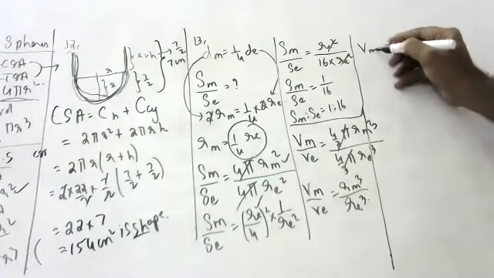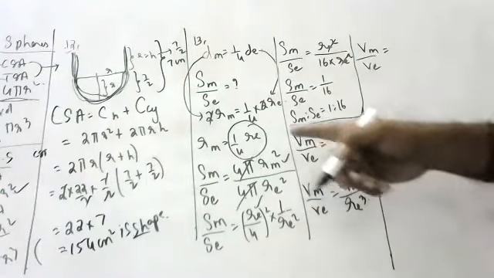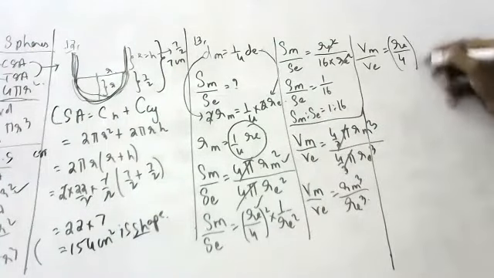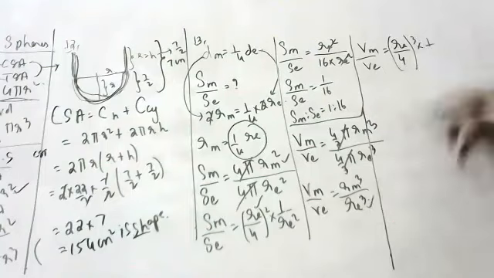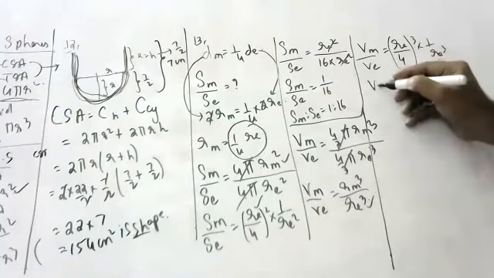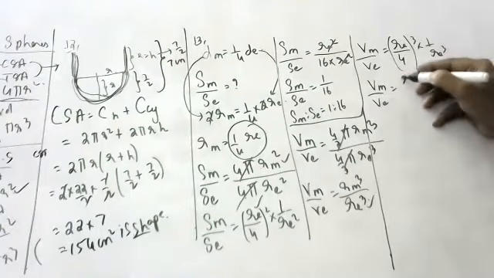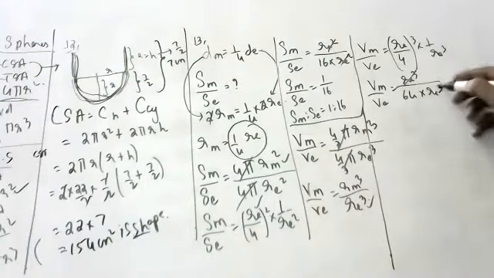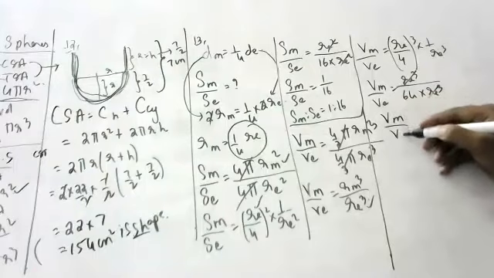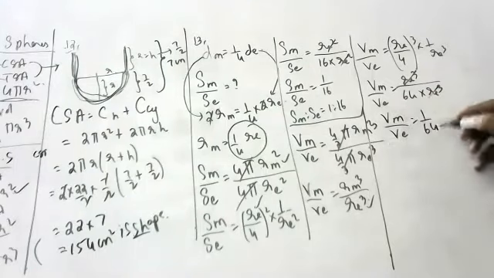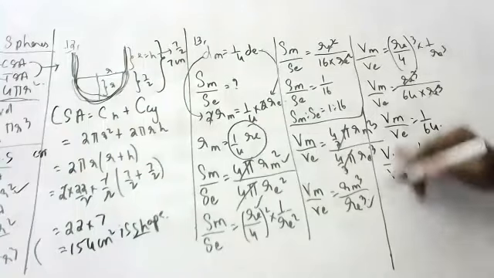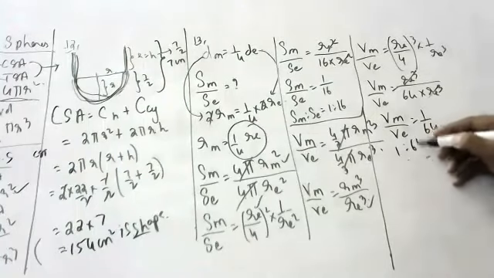Now tell me the calculations. What will we take for Rm? Rm is Re by 4. So the whole Re by 4, cubed, over Re cube, which is already there. So it becomes Re cube by 64 into Re cube. The volume of the moon by the volume of the earth is 1 by 64.